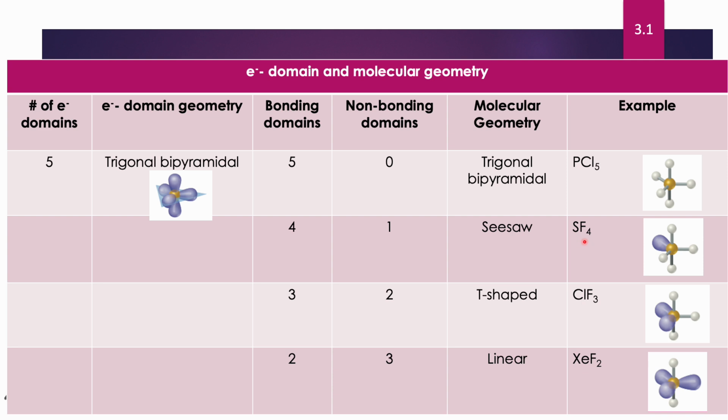The best example is SF4, and look at that. This purple part is presenting your non-bonding pair. As you can see, you have it on your equatorial position, not on the axial ones. Now, if I have 2 pairs of non-bonding electrons, again, I put them as much as I can on the equatorial, which is the example that I have for the T-shaped. This is ClF3. And if I have 3 non-bonding domains, all 3 of them are still going to be on your